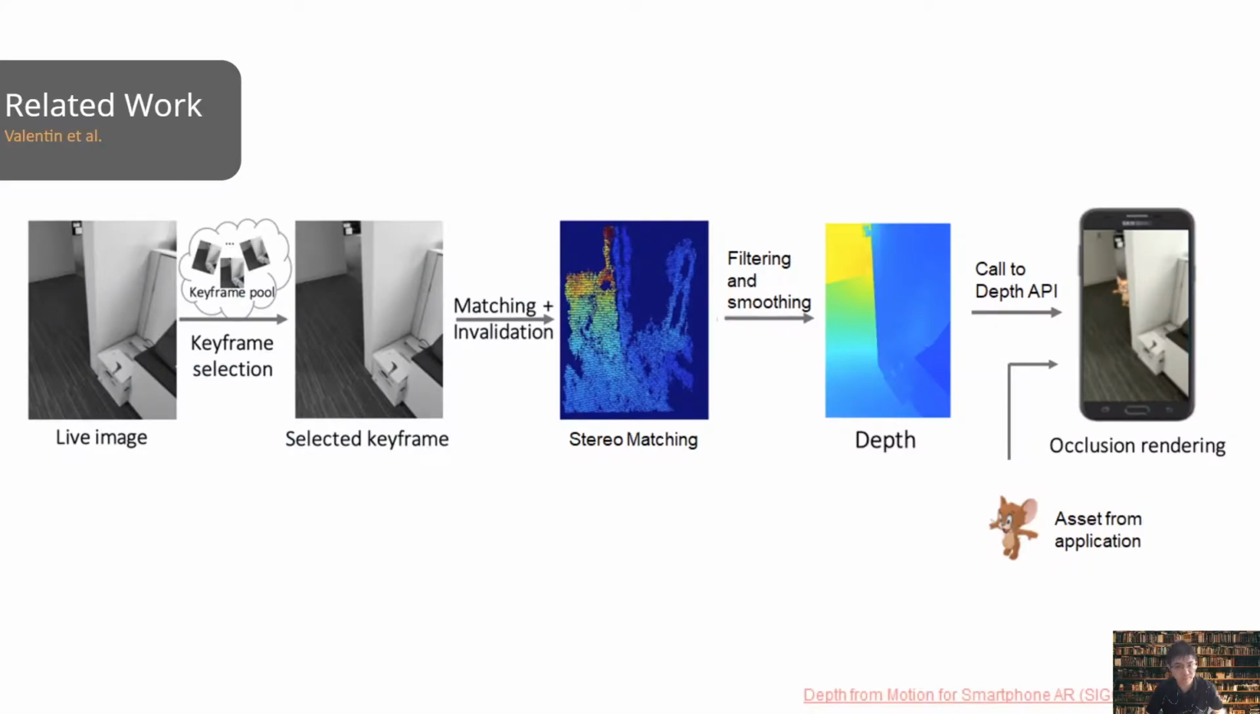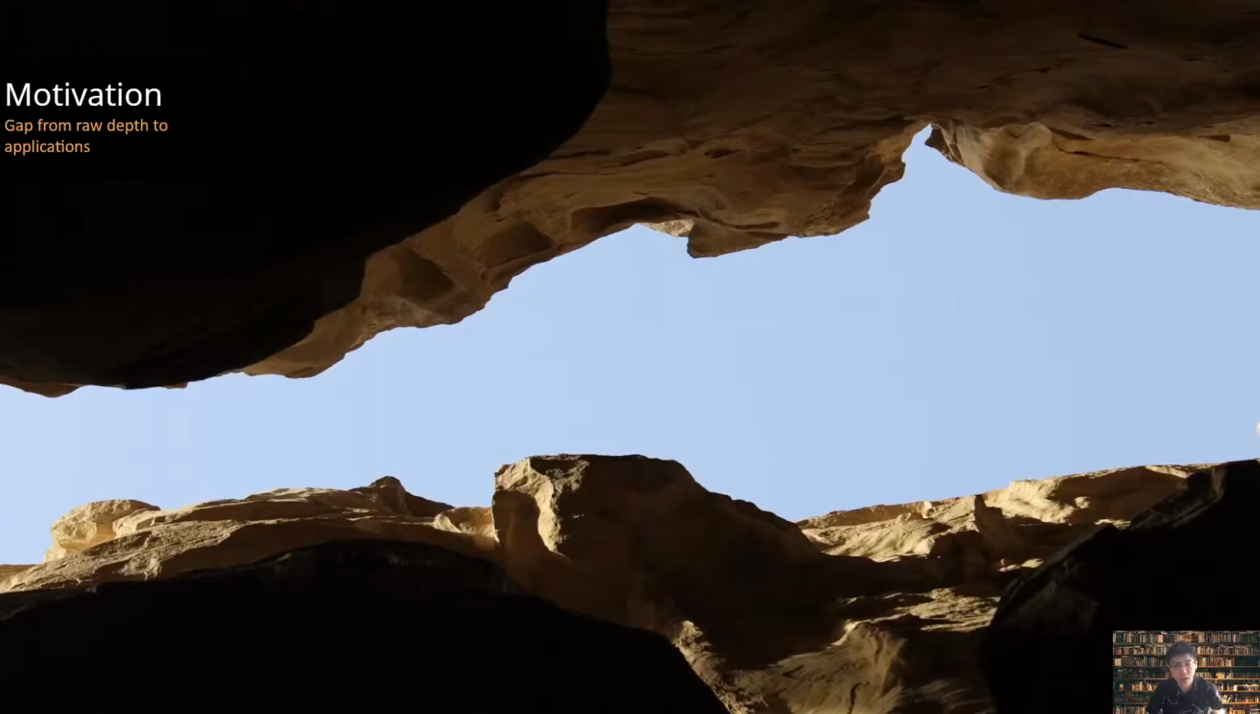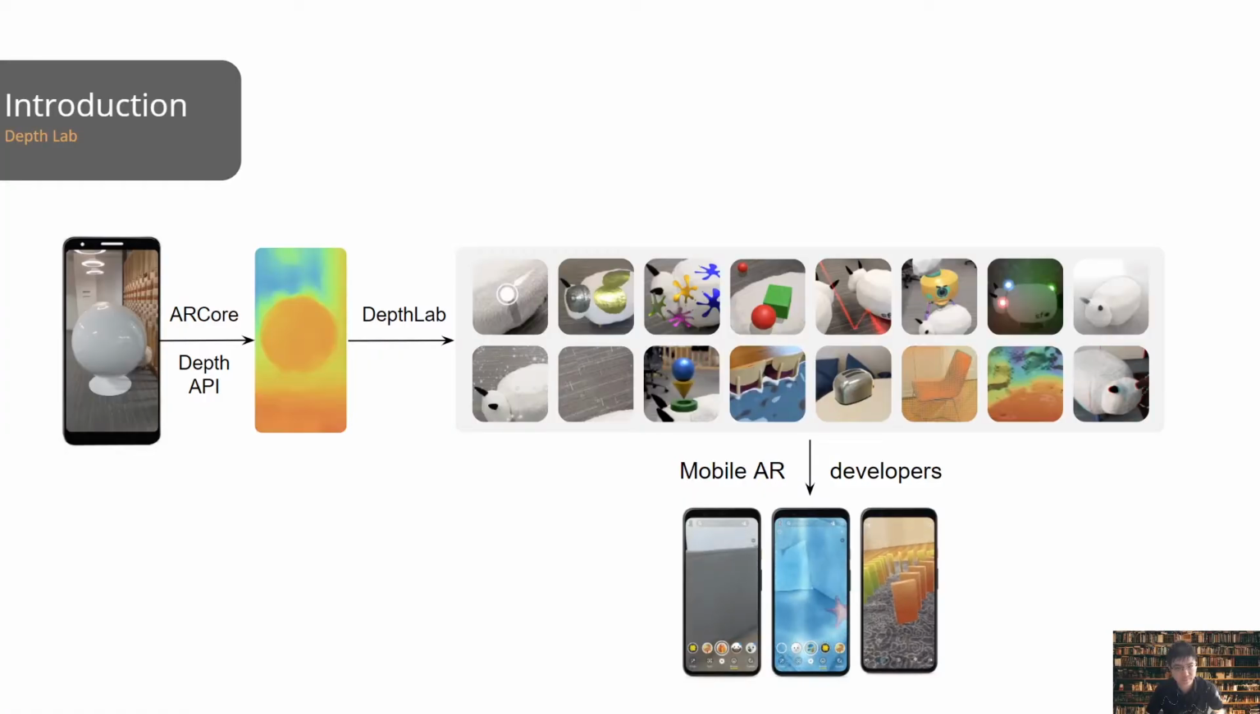We compute live depth map by the depth from motion algorithm introduced in SIGGRAPH Asia 2018. However, there is a large gap between this raw depth data and the typical expertise of mobile application developers who are not experienced in handling depth data. In DepthLab, we process the raw depth map from AR Depth API and provide customizable and self-contained components for mobile